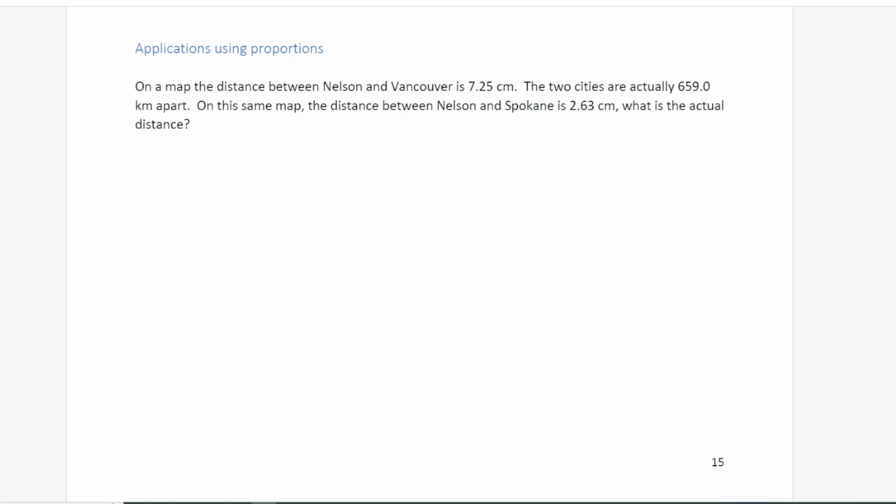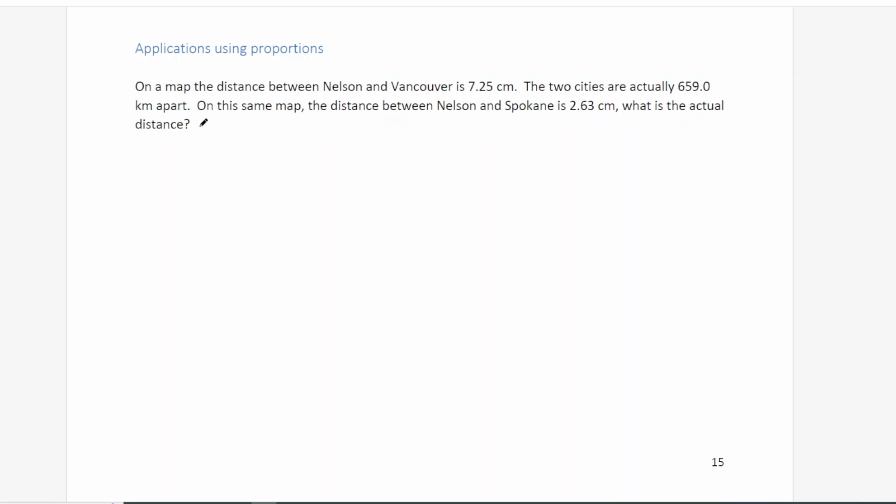So the applications for chapter 6 I tried to keep pretty straightforward. I just chose proportions, and I chose 3 types of proportions. The first type is going to be map distances. Now, this one that we're doing here could work for conversions of money, it could work for kilometers driven per liters of gas, it could work with all kinds of things, but we're just going to do it for